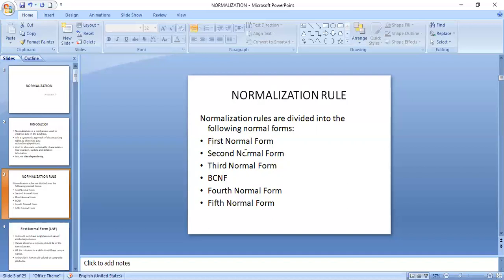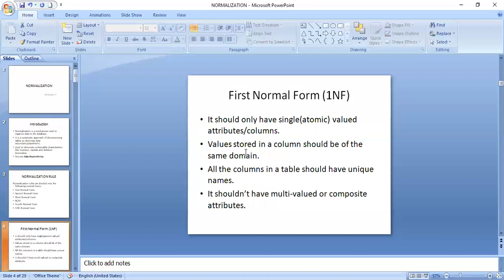Now, first of all, let us see what is first normal form, 1NF. When you consider any database, almost all the data which is stored in the database will be in 1NF. By default, we'll consider that as in 1NF. But let us go through what are the rules that are available for first normal form.